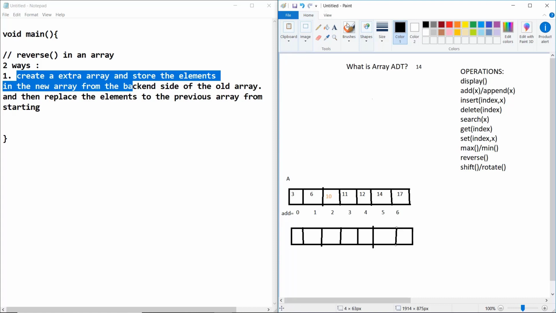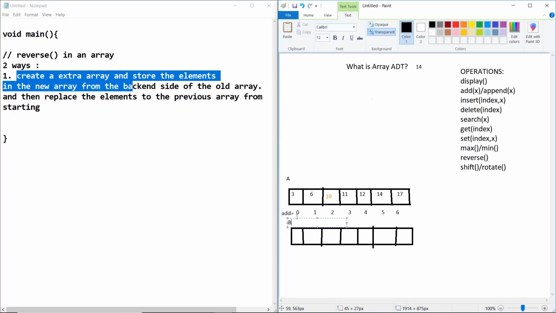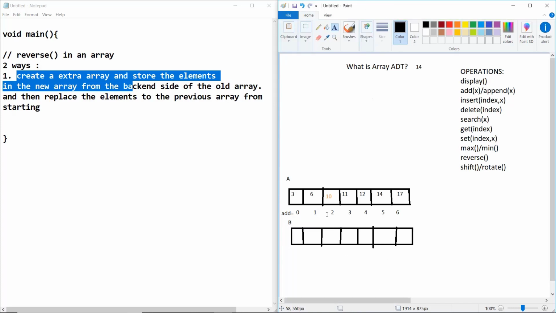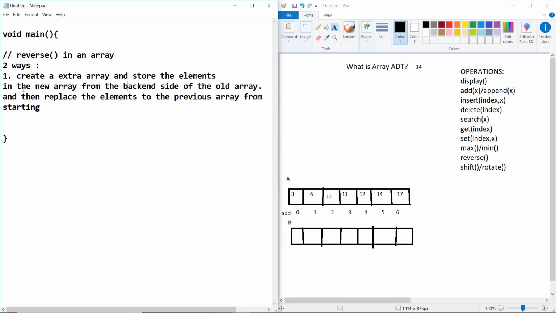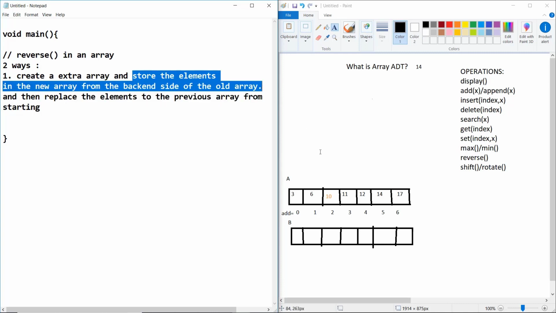Let me give this array a name, capital B, the same address as it is. In the new array, from the back side of the old array, just store the elements. So this is the previous element, and from the back side we store it in this array.